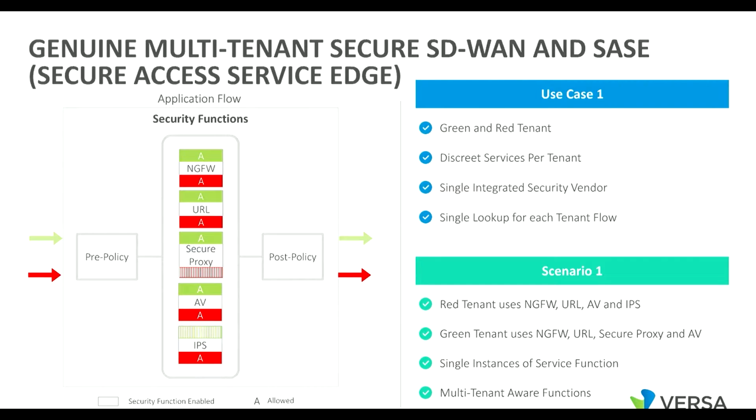And then you start to layer on top multi-tenant functions. You end up getting this ability to have almost a single lookup, because the device can come in and say, here's my packet, here's all the attributes, and start handing them off in parallel to all the different devices. And each one of my tenants could use all of the functions, or I could use a subset of those functions, but I wouldn't necessarily have to have more than one copy of each function.